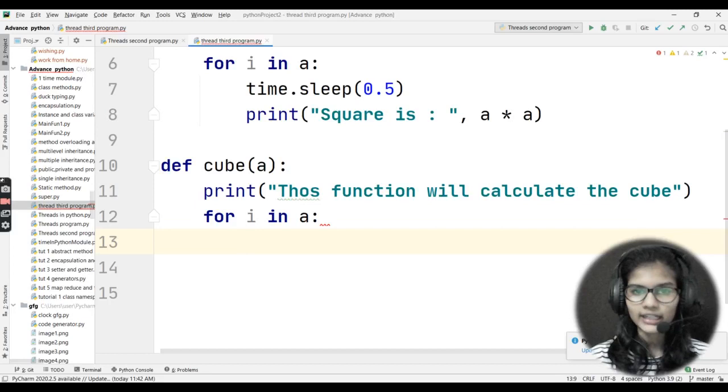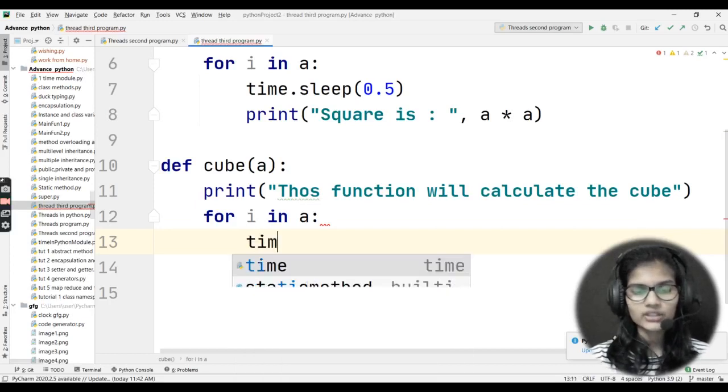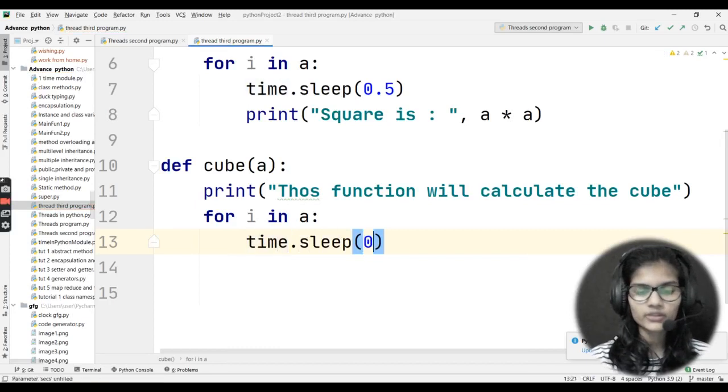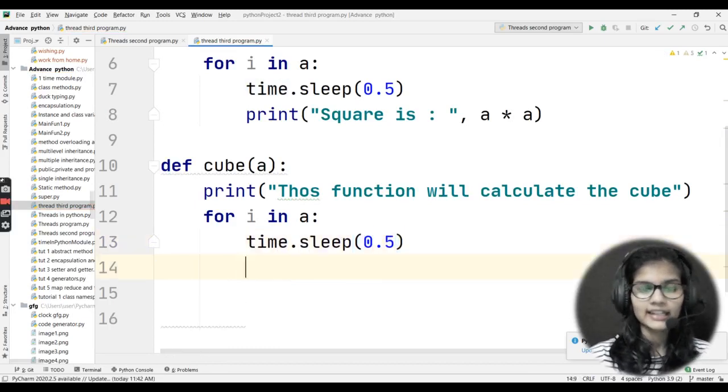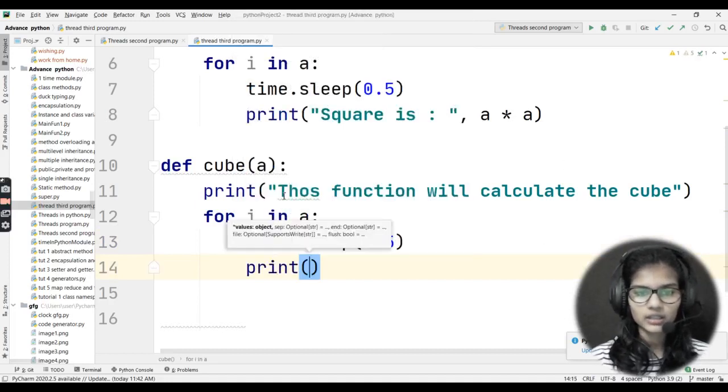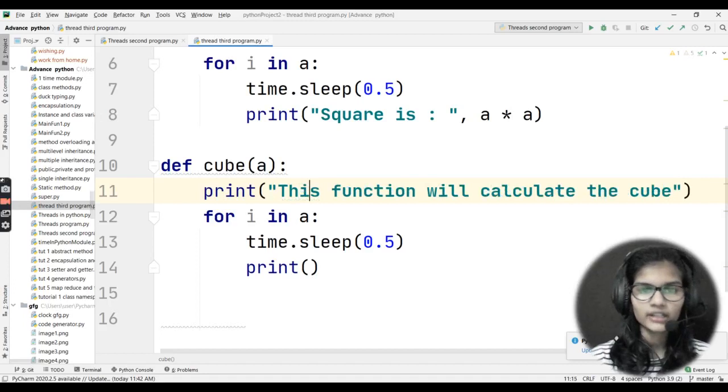So for i in a, and coming to the next line, I would again add time.sleep, and let's say I write time.sleep as 0.5, the same which I have given previously. And in my print statement, let me correct this spelling here, right?